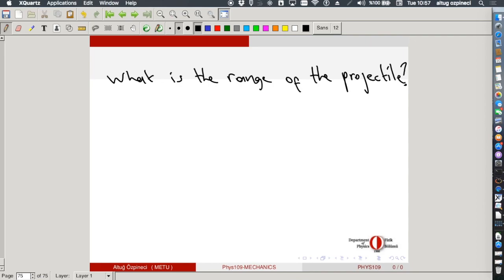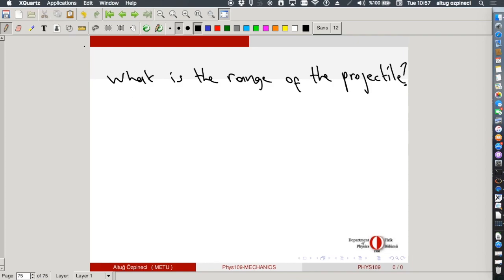The range is just the horizontal distance covered. In this case, the only horizontal distance is along our x direction. So the distance covered in the x direction until it hits the ground is 2 times Tm times v0